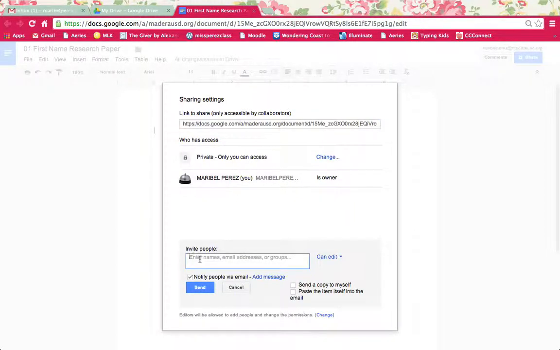So I will share it with myself, since this is a practice one, my personal email. Then here where you see can edit, you're going to want to change this only if you want to. So for example, if you're sharing it with your teacher, you're going to want to leave it at can edit. But let's say you want to share it with a friend because they need an example of what a good